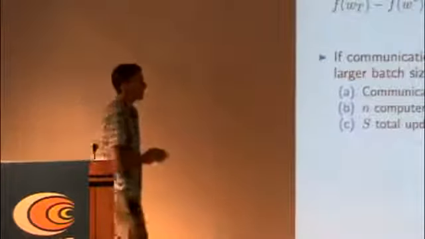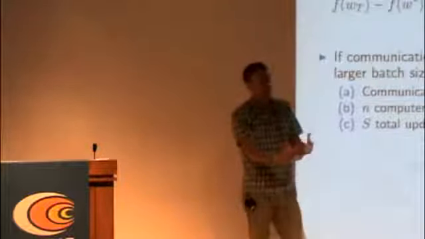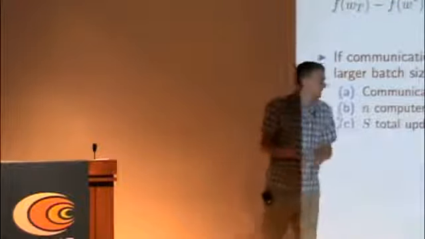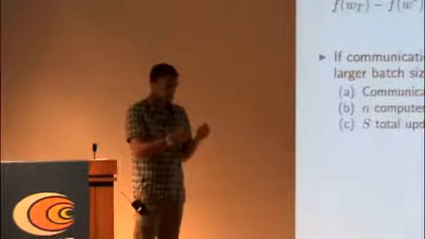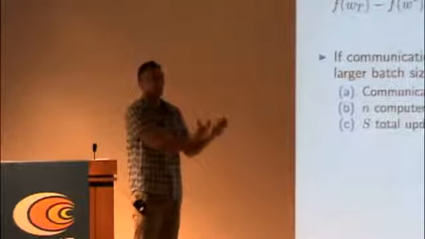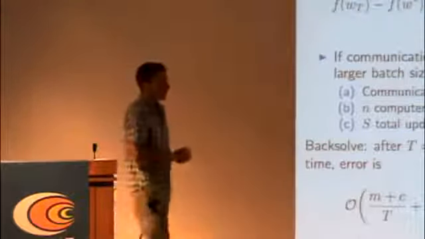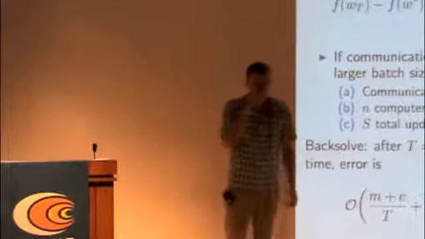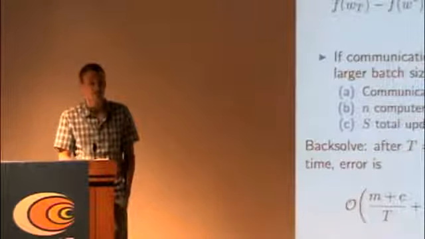And just one remark on distributing. Sometimes communication costs can be expensive. Even if you have just one computer with a lot of cores, communicating between the cores can sometimes be expensive. The way to get around that is to increase the amount of computation each core does, increase the batch size for each individual core before you actually communicate to some more central processor. The hope is that as long as the computation on the core swamps the amount of communication you're doing, you're still going to get the optimal convergence rates. So you're going to get an improvement which is linear in the amount of processing power you have.